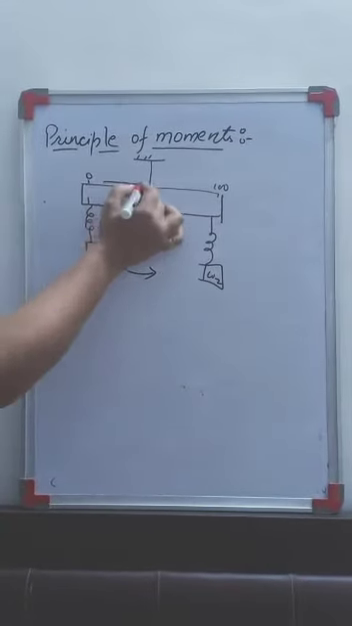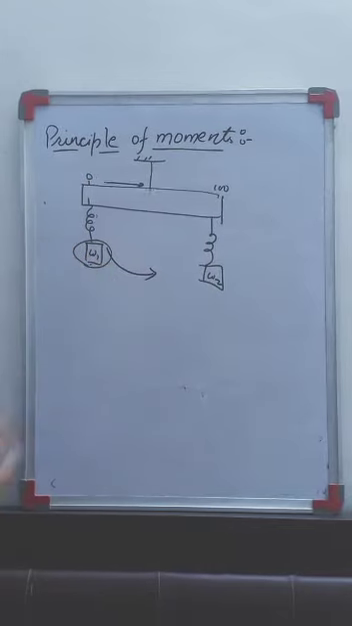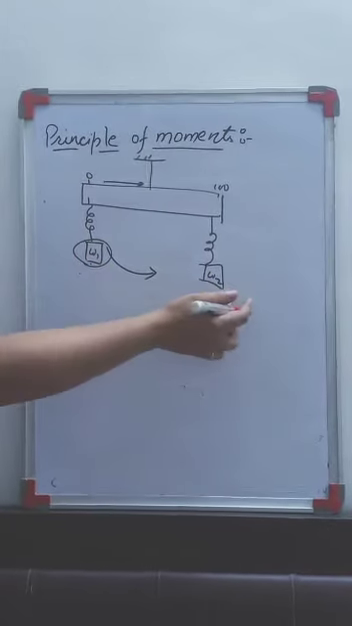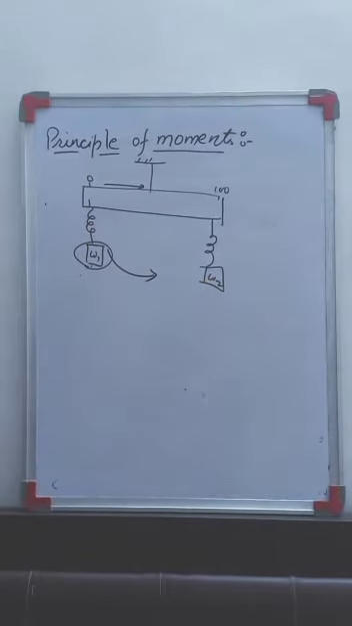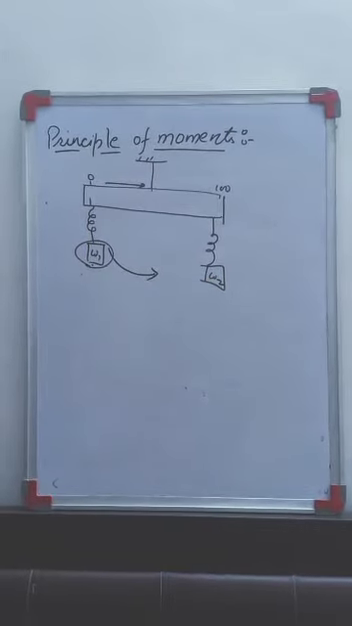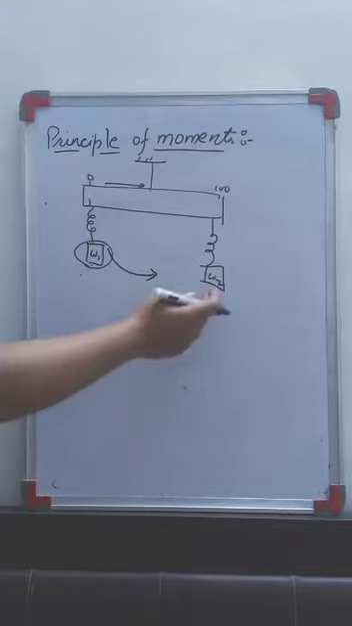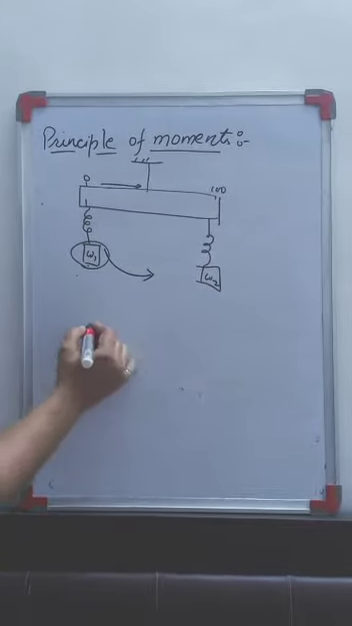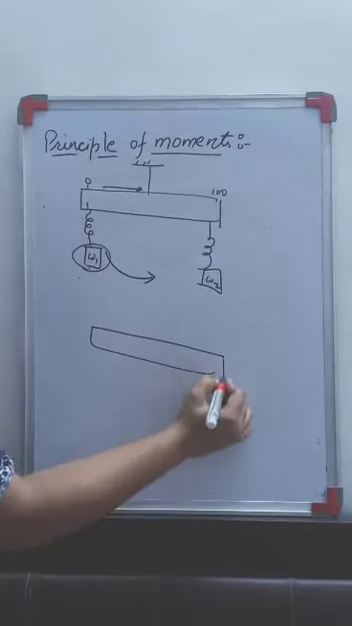If I know this distance and if I know the anti-clockwise movement, then for equilibrium the clockwise movement will be the same. Now if I know the weight, I can calculate the distance as well. For example, if I say on a seesaw